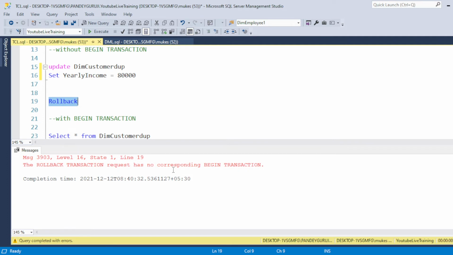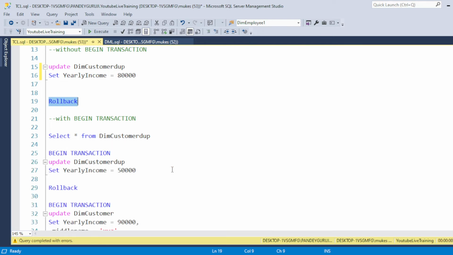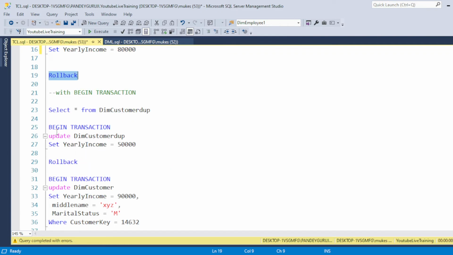If you want to roll back any data, you need to always use begin transaction while you are updating, inserting, or deleting any record in the database. Let's see this by updating with 50,000 in the same table, but using begin transaction.